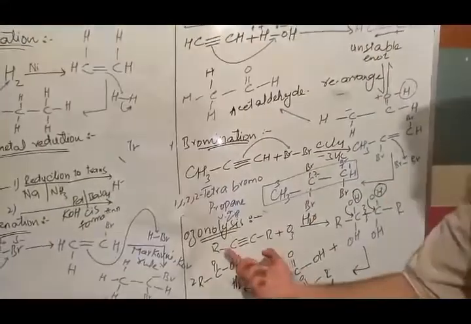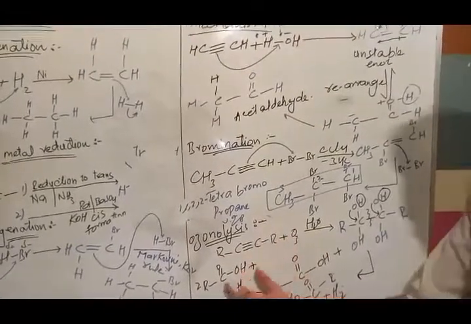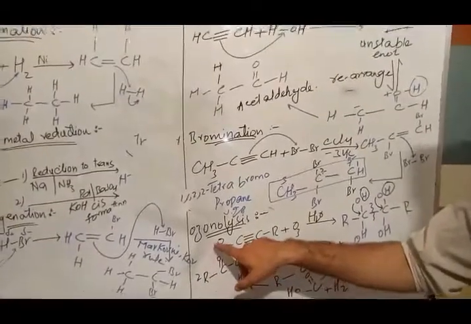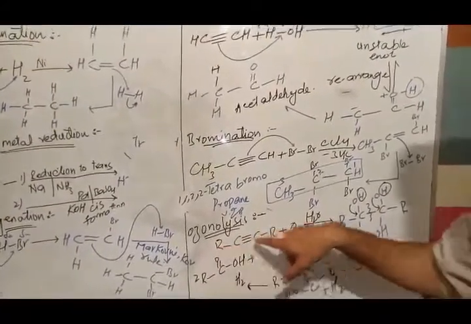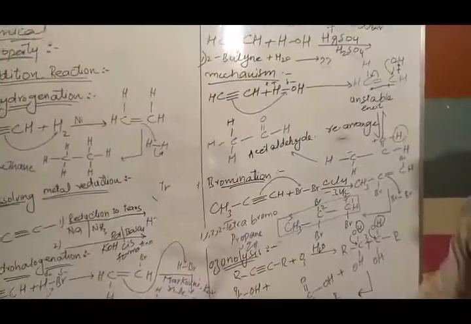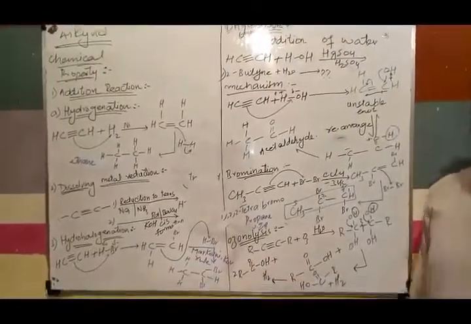Also try at home by using different kinds of alkyl and watch what kind of acid you can prepare. Try different alkyl like methyl, ethyl, different kinds of alkyl to make different kinds of acids. So this is the end of our topic alkynes. Hope you can understand all of these reactions carefully, listen carefully, and try to practice each reaction individually. Allah Hafiz. Thank you.